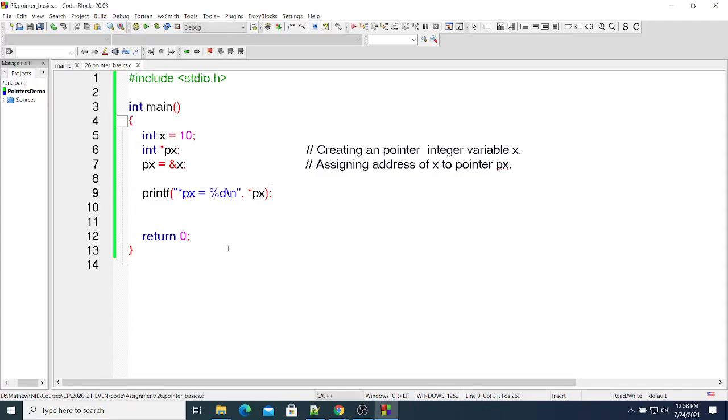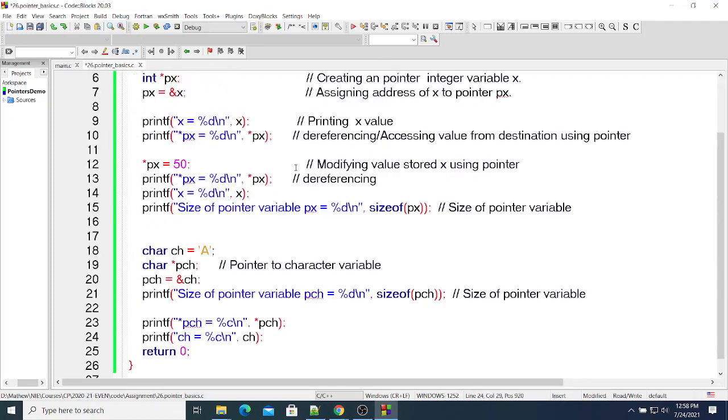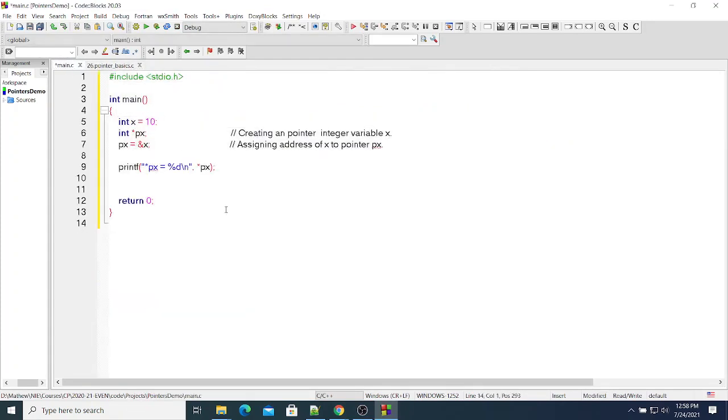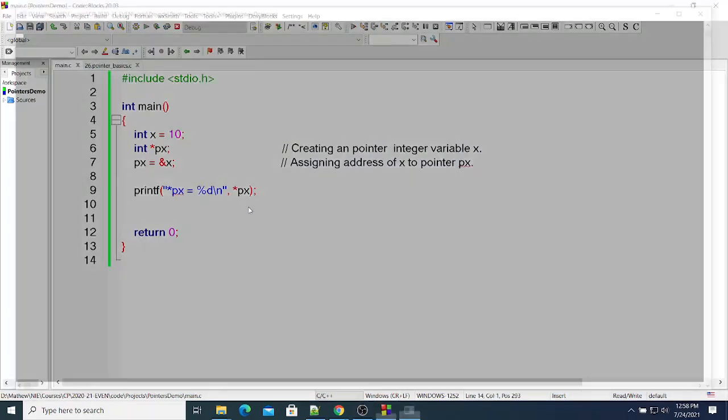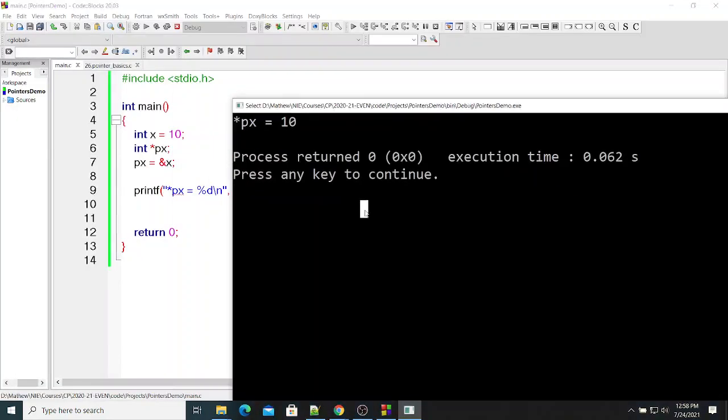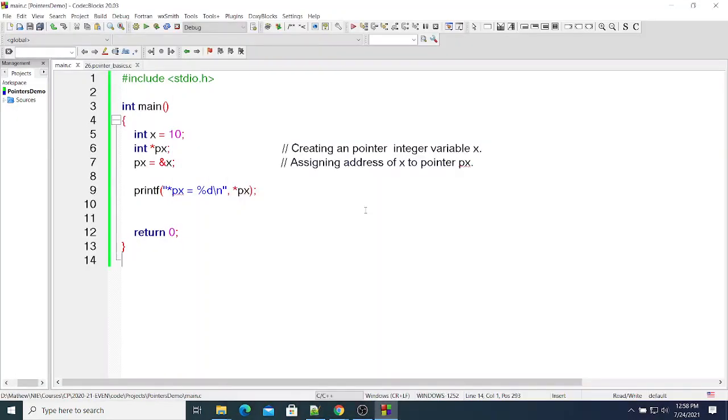Okay, I made a mistake here. I'll revert everything because it's my assignment focused page. Okay, we're back here. So if I run this, I get output 10 because pointer px is now pointing to